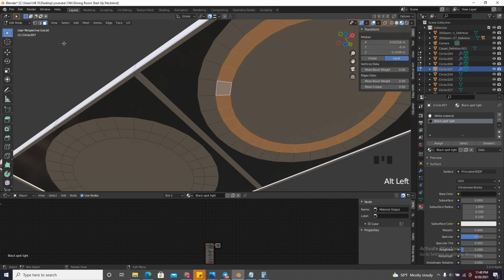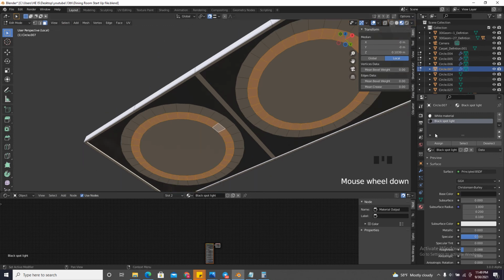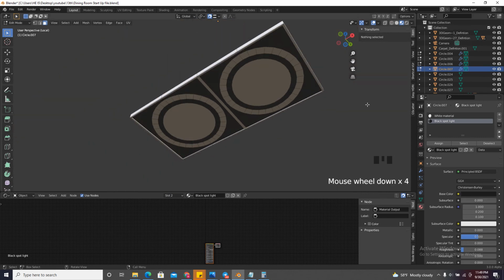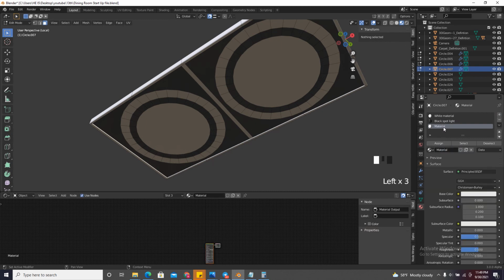alt click this edge, but make sure that you're on face selection mode, and then again shift alt click this edge, and then again assign. So this part will be black, and then after this I'm going to hit plus again. I'm going to type, double click this one, spotlight